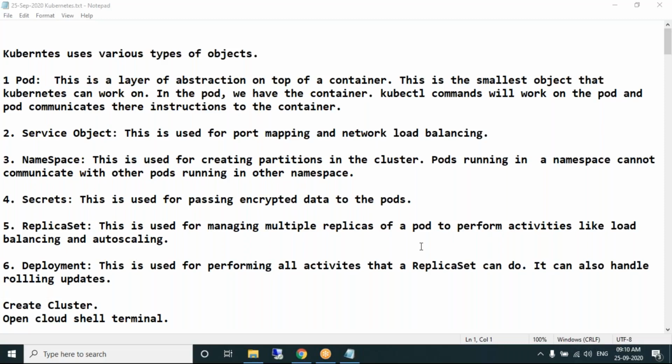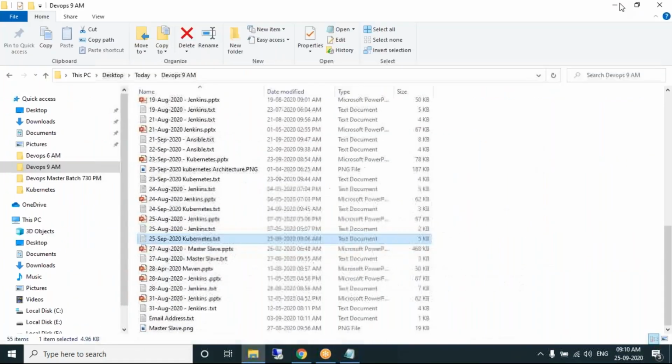So we have learned pod, nodes, cluster. So let's proceed with practicals and experience how exactly pods can be created. Inside the pods, as I said, containers will be created. Let's experience how exactly pods will be running on nodes, and what the commands related to Kubernetes are. All this we'll be seeing in practicals. As you all know, we'll be doing it on the Google Cloud platform. So let's first log into Google Cloud.